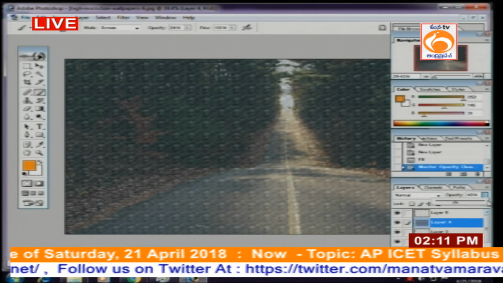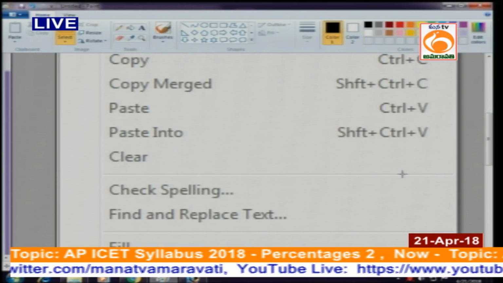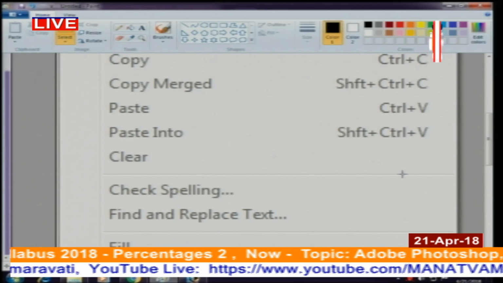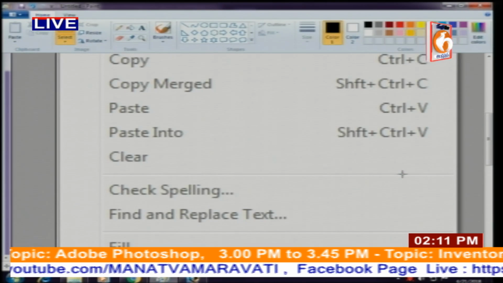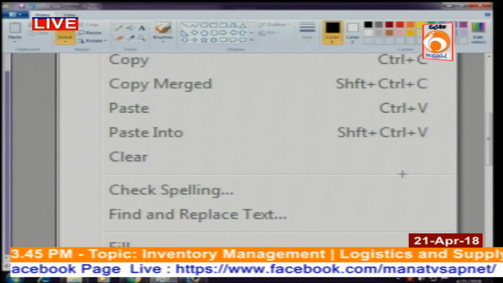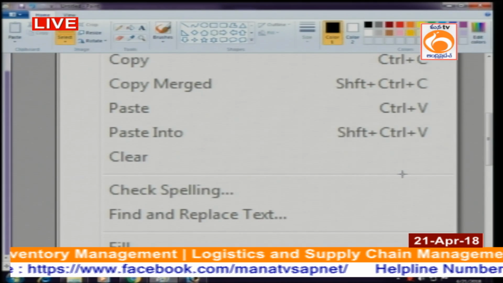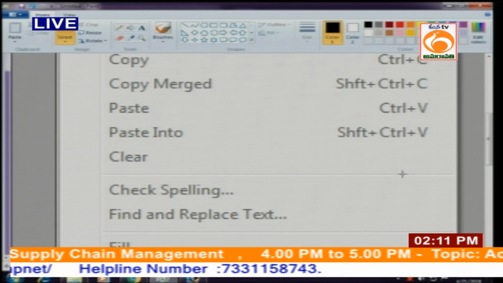You have so many options that you can use, but depending upon the situation and how exactly you want to showcase the image, we will be displaying that. So these are the few options that we have in Photoshop, and this will help you in understanding how exactly you want to showcase